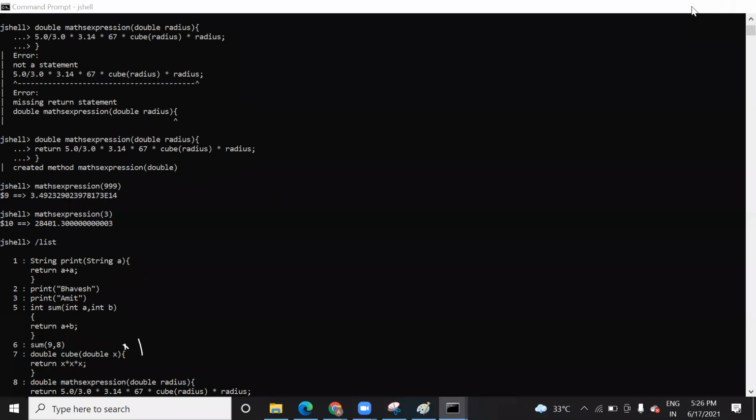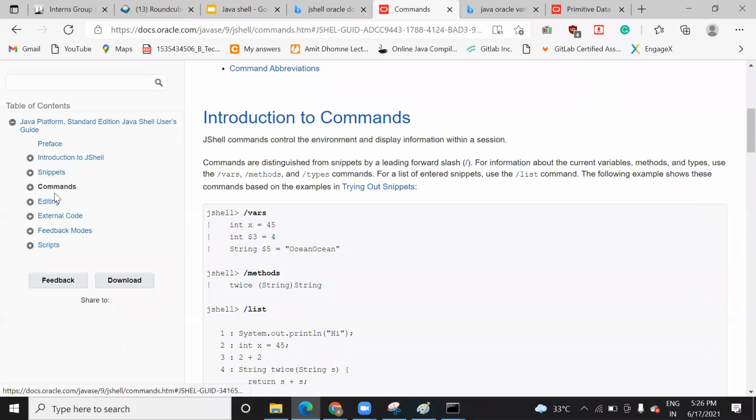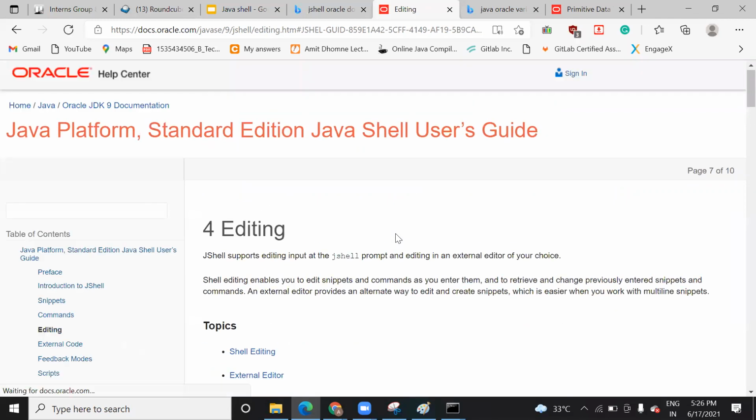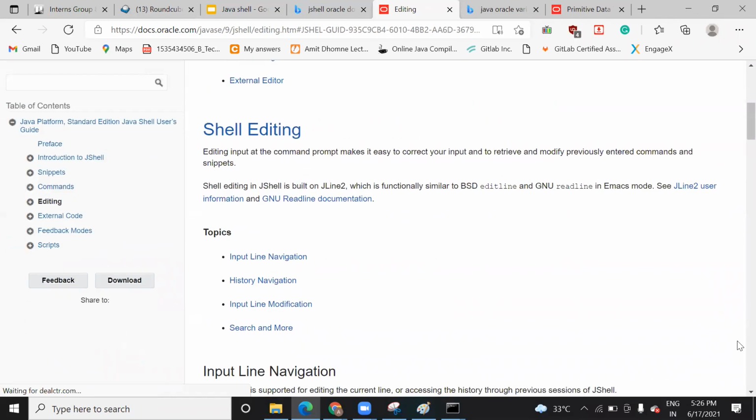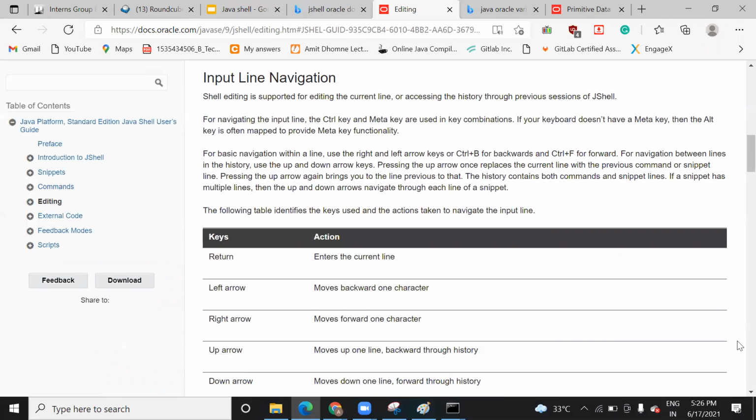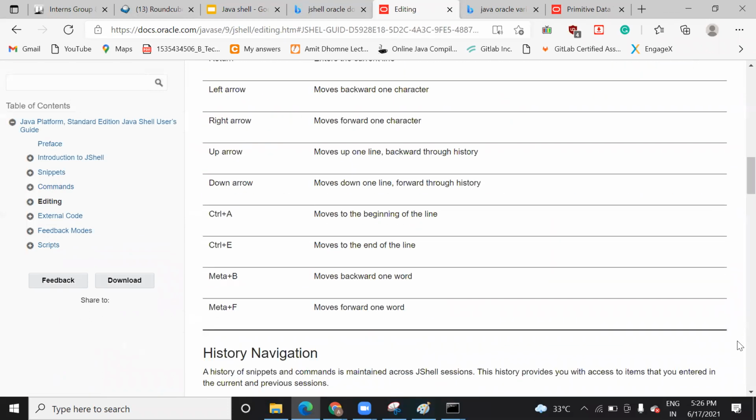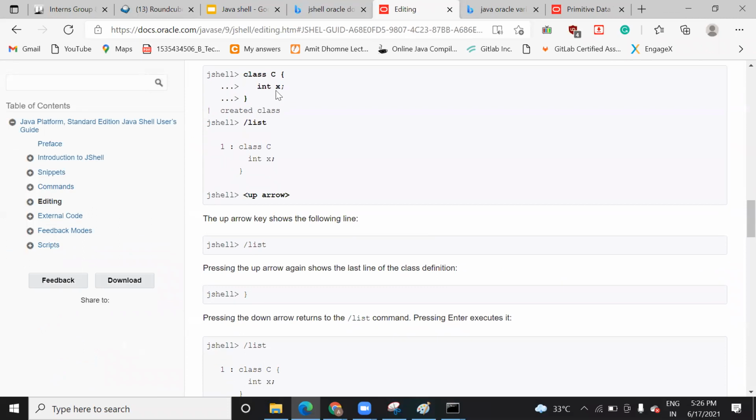Just follow this Oracle document, command editing external code, so you will learn the different commands. If you have any doubt, or anything is not clear, then in the next class when we connect, you can ask me there. You can create a class also here. Just write class C in text, and you can see this.